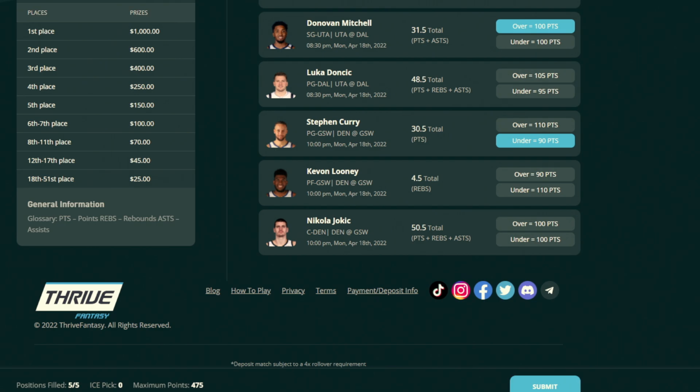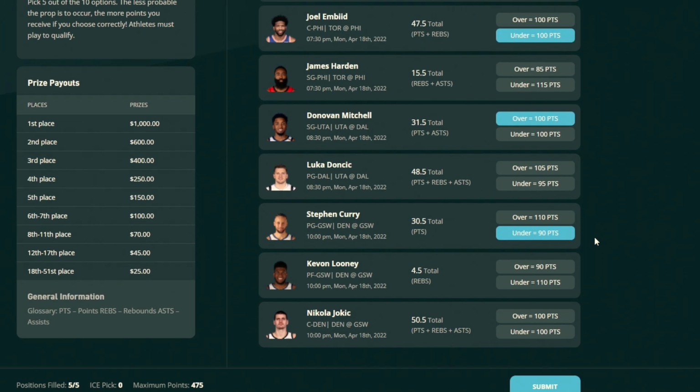I don't think Denver has a chance here, but I would kind of lean the over at 50.5. It was way higher in the first game. 50.5 feels more right. But at the same time, it's going to be a tough one. With Draymond out there, the way they've been playing, I only saw 34 minutes out of him with how much they were getting beat. It's a tough one. I would kind of lean the over on this one, because they just need these wins, and Jokic is going to have to be out there. So that's more of a fair line, I would say, than it was before.